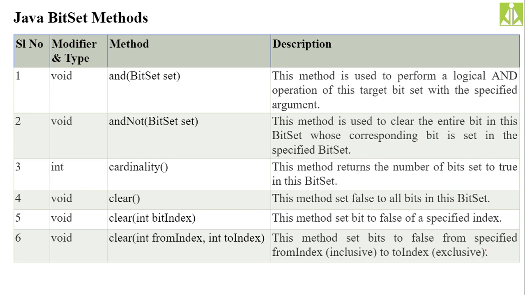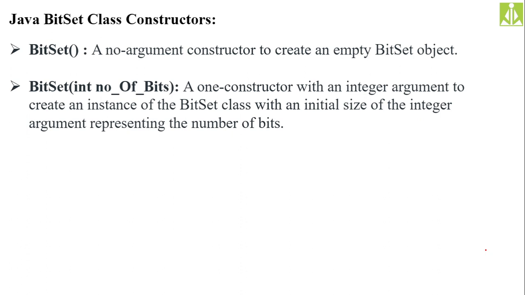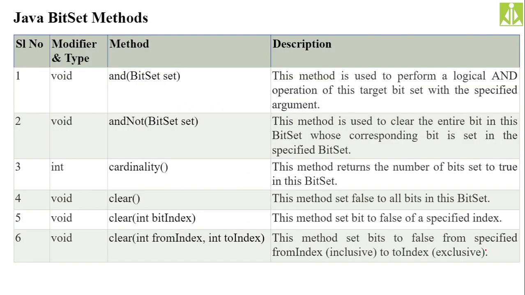After that, write the constructors, two constructors, one with arguments and one without arguments. So these two constructors you have to remember. Then a list of methods, like 2 or 3, that's more than enough. Nobody will ask you to write the complete listing of all the methods present inside this class.